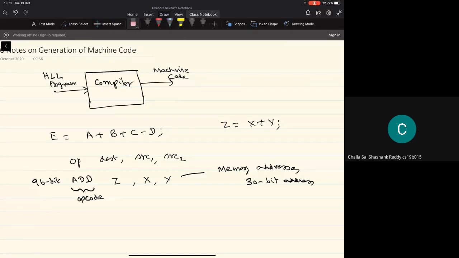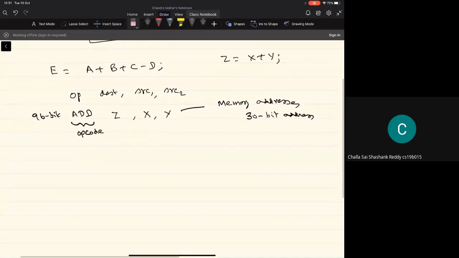So depending on the format of these instructions, there are 2 different types of processor architectures. One is the complex instruction set computer architecture, which is shortly referred to as the CISC architecture. And the other one is the reduced instruction set computer architecture, which is shortly referred to as the RISC architecture.